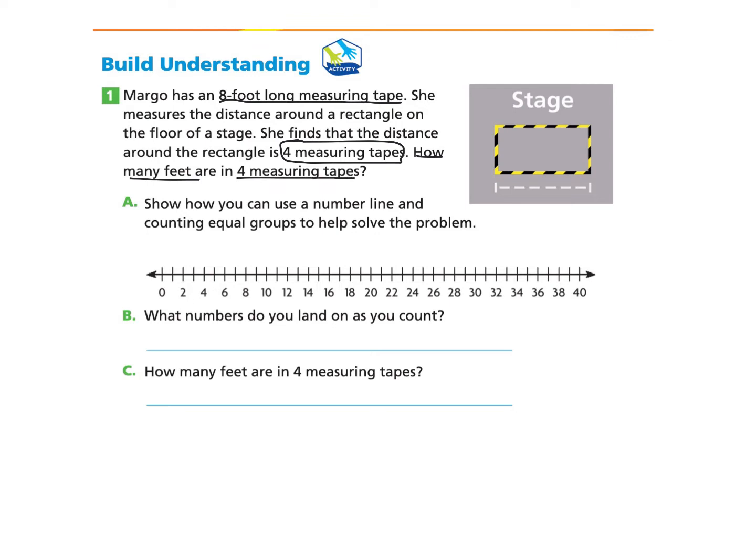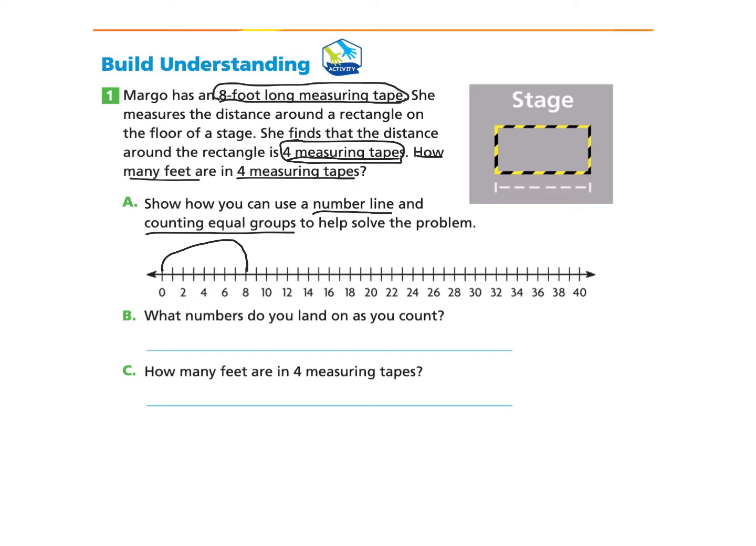So here they have a picture to the side of the stage, and part A is asking us to show how you can use a number line, which they provide below, and counting equal groups to help solve the problem. So we know again that one measuring tape is 8 feet long, and she used 4 measuring tapes. And they want to know, well, how long is 4 measuring tapes? So we can start here at 0, and we can go to the first measuring tape, which would end at